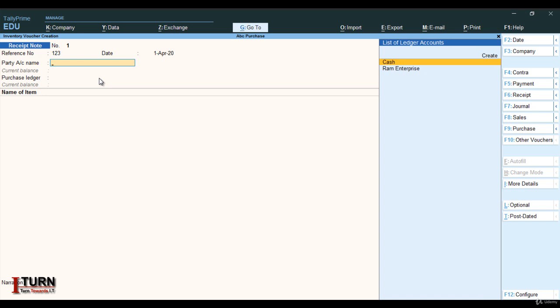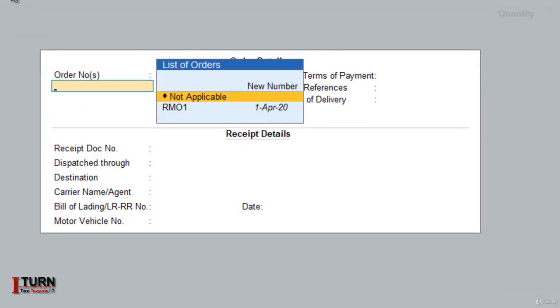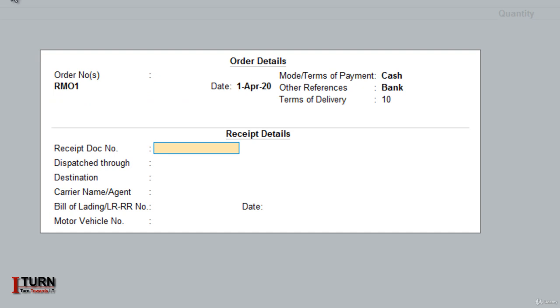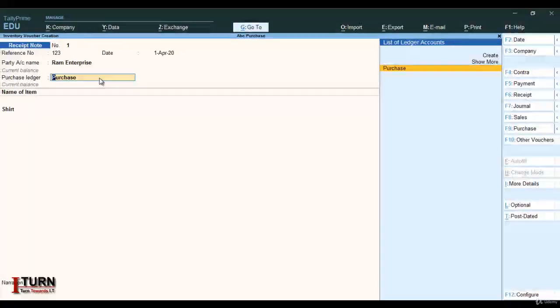Party account name, this is very important. Here you will have to select the party from where you have processed the purchase order. So in this case it was Ram Enterprise, so I am selecting Ram Enterprise, and the order number through which you have got the product or the goods. Here the purchase order number was RM01, so I am selecting this. The moment you will do that, rest of the detail of the party will come automatically. Here you can see. So you need not to do anything, just go ahead,